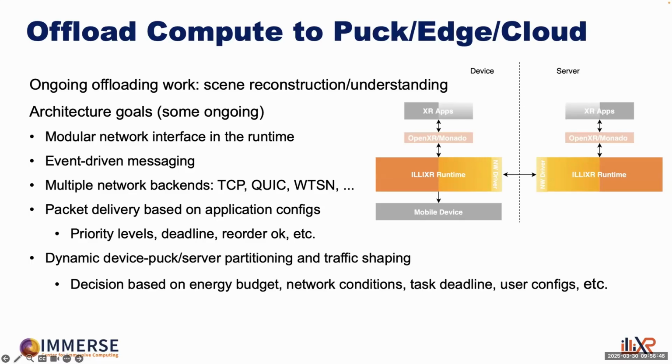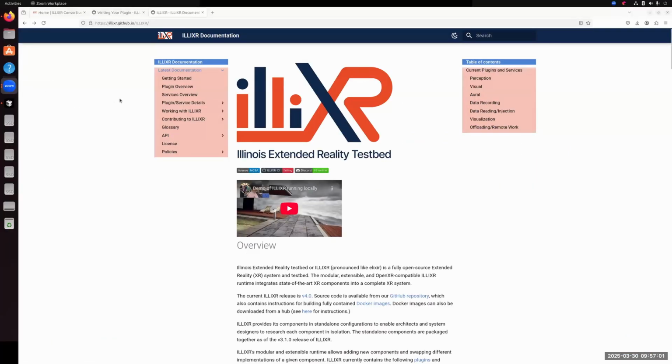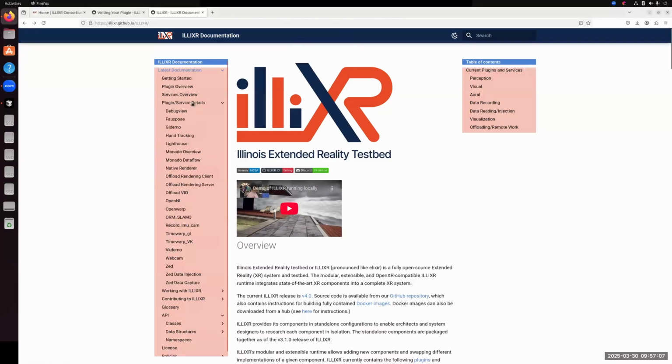So now I'd like to dive into the code base a little bit more to show how you can leverage ILLIXR's networking infrastructure. So we've talked a little bit about ILLIXR's topics, which is a pub/sub event stream that allows modular plugins to pass around data in an efficient way.